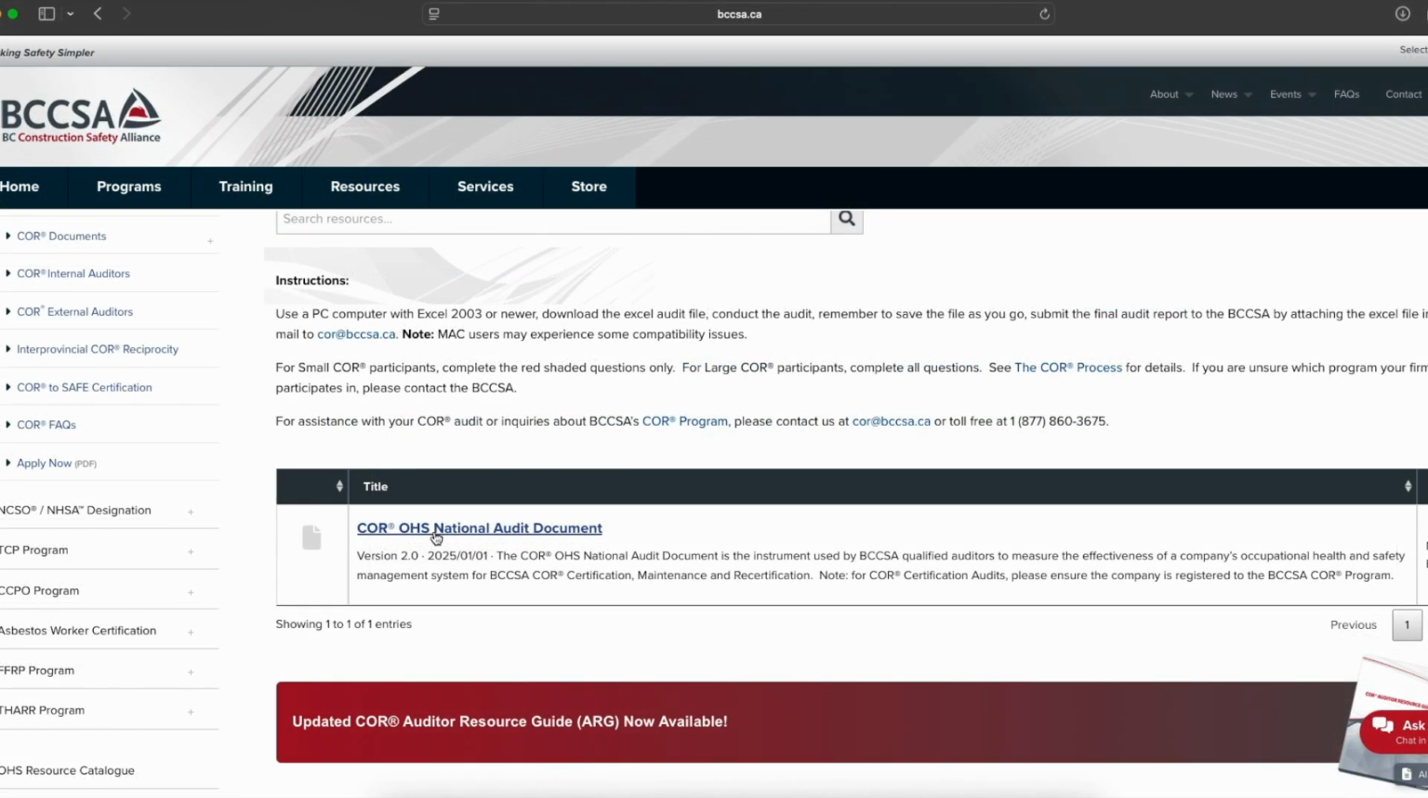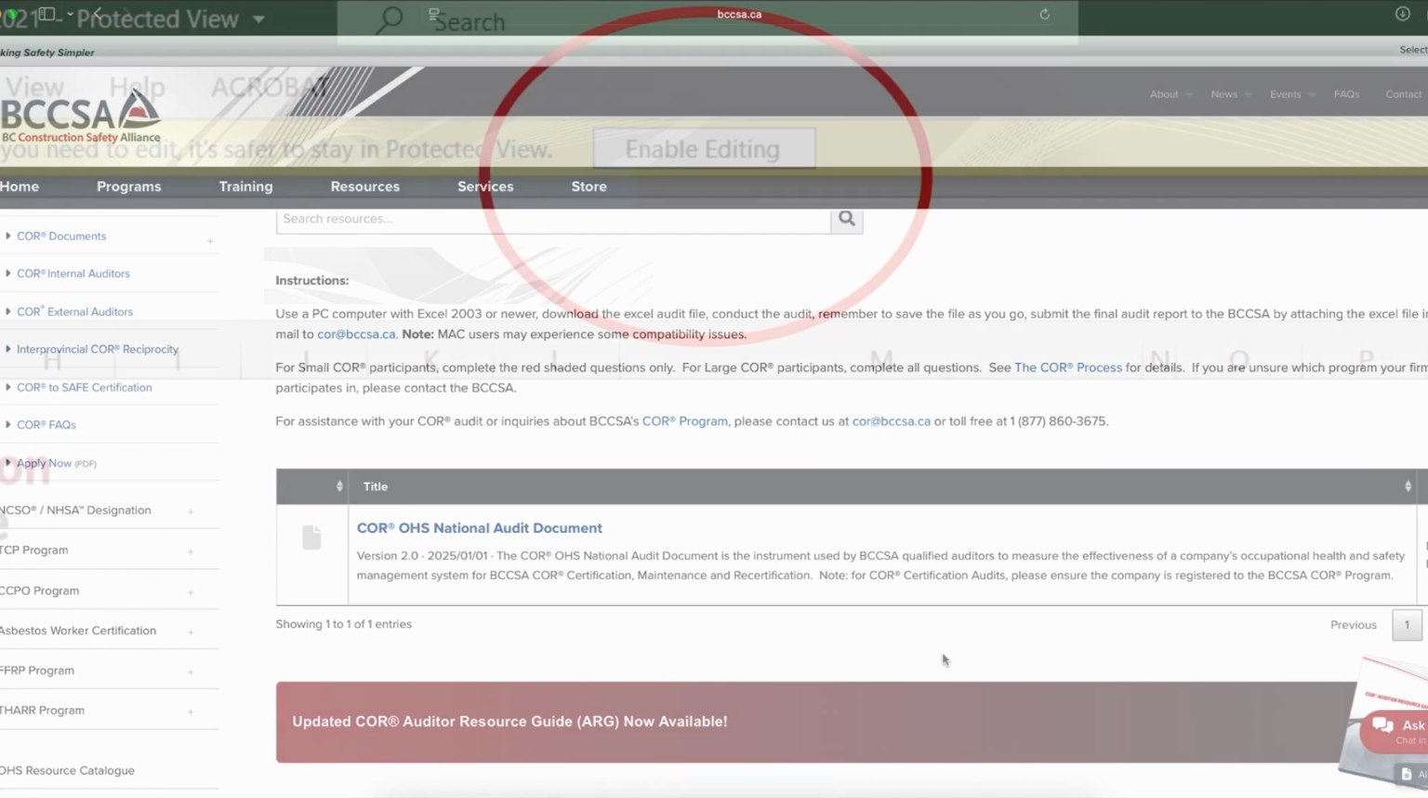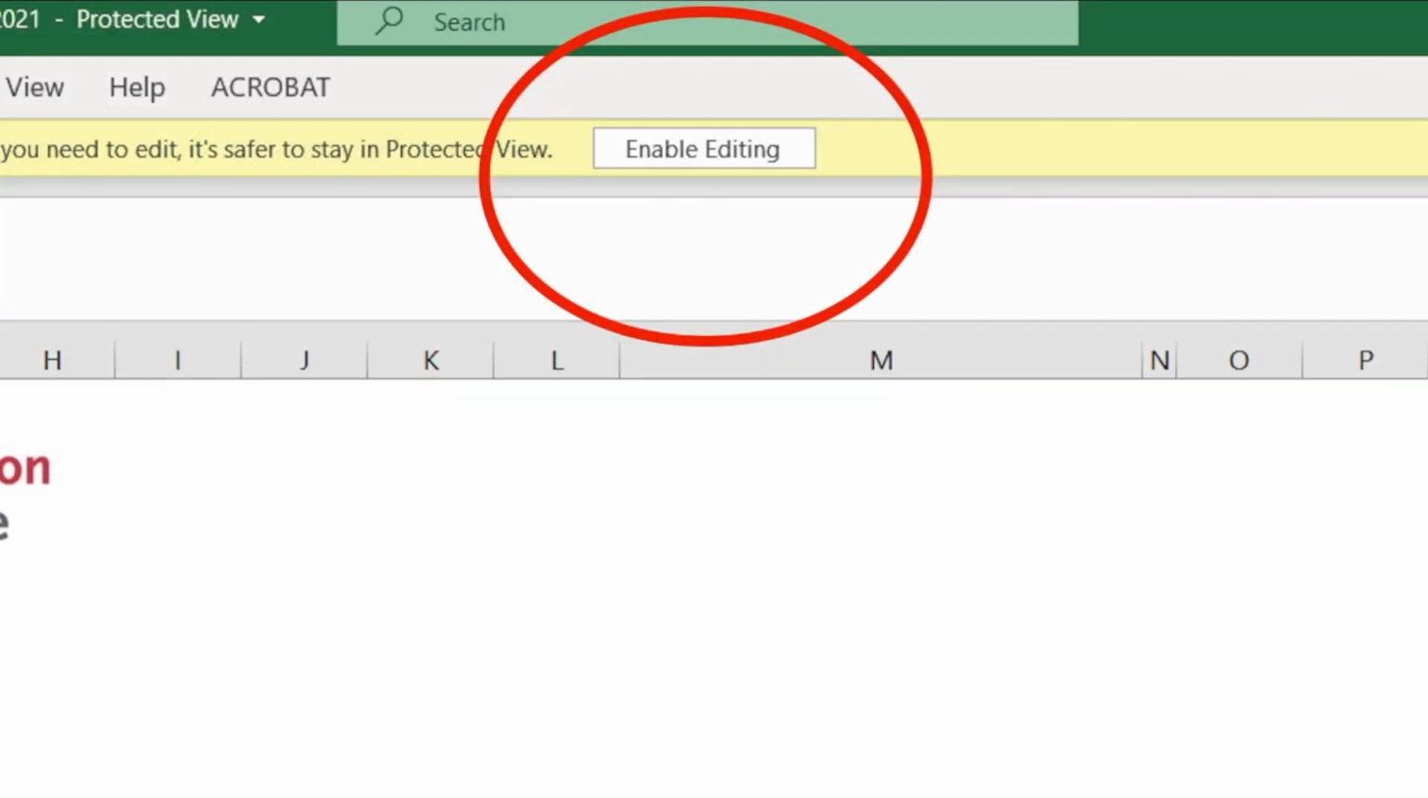Note that you need Microsoft Excel to use this document. Open Office, Numbers, etc. won't work. You need Microsoft Excel. Before you can start navigating and entering content into the document, you might have to enable